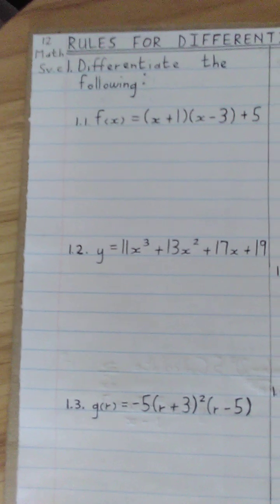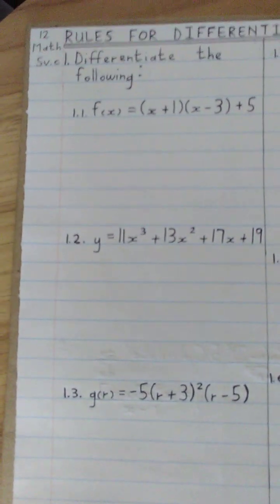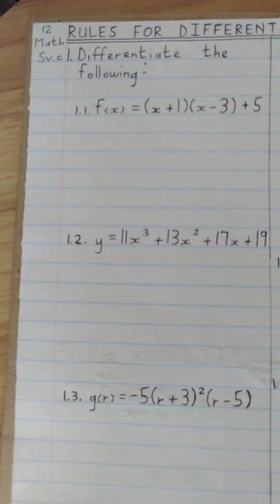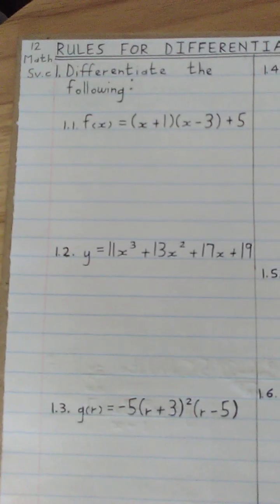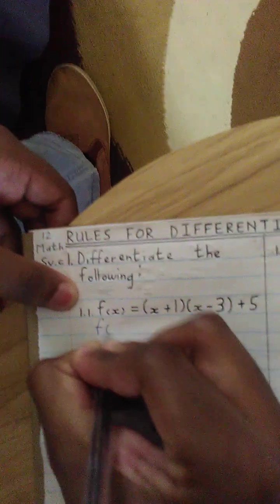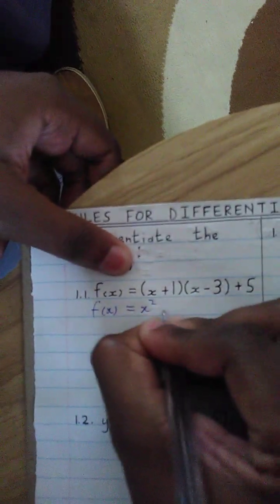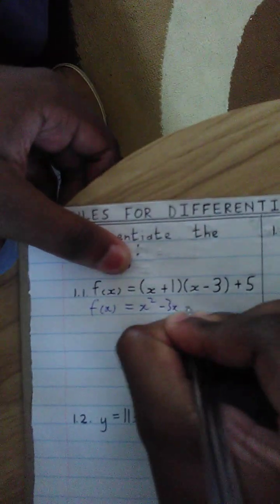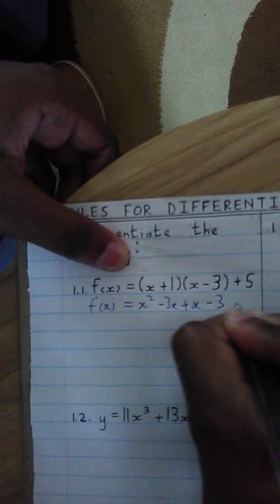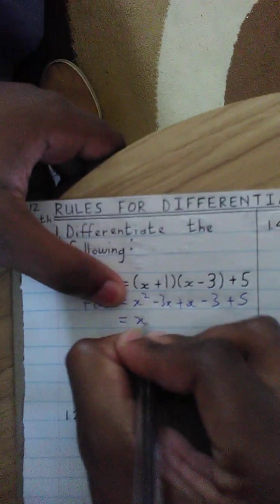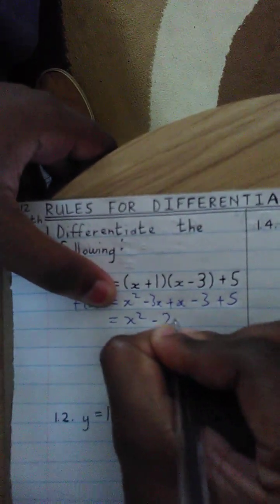Okay, so number 1 states differentiate the following. 1.1, f of x is equal to (x plus 1)(x minus 3) plus 5. So just going to write that down. It's going to be, then we expand, x times x is x squared minus 3x plus x minus 3 and then plus 5. So it is x squared minus 2x